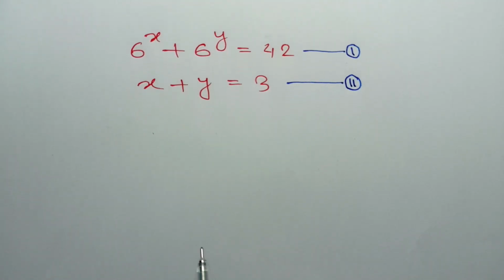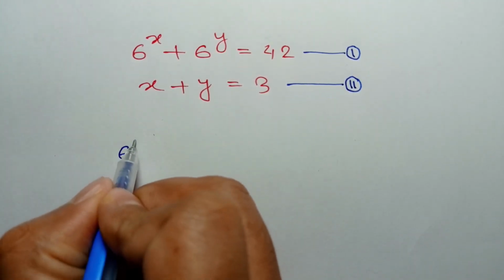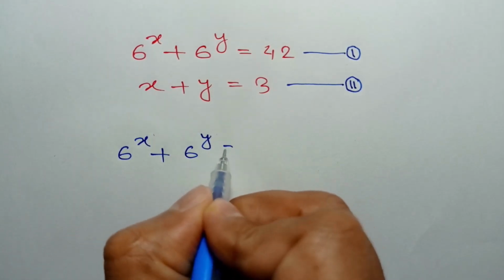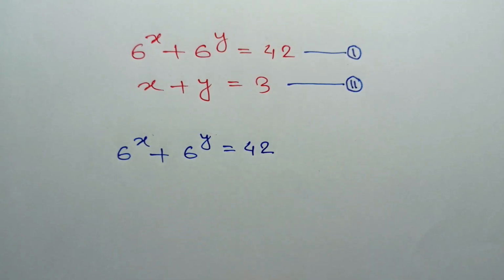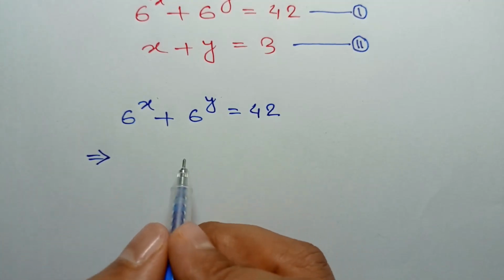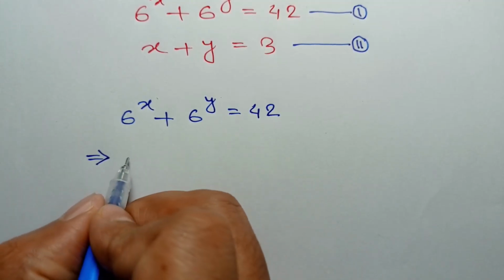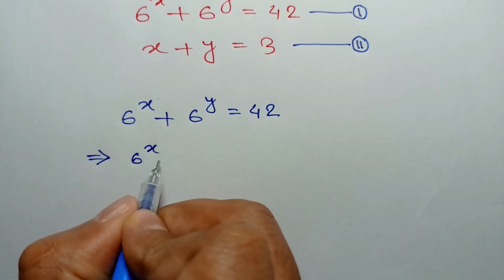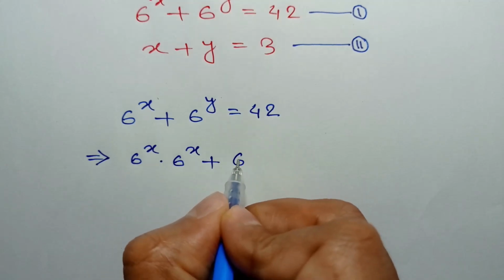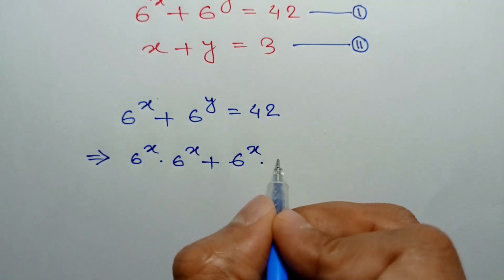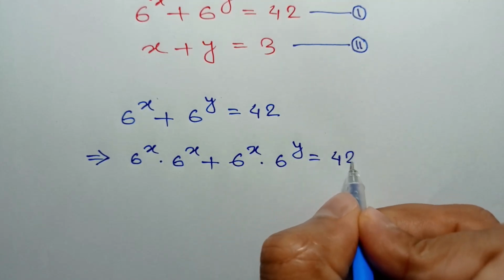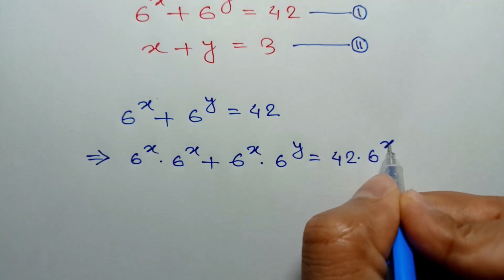Now from equation 1 we can write 6 to the power x plus 6 to the power y is equal to 42, or multiplying both sides by 6 to the power x we can write 6 to the power x times 6 to the power x plus 6 to the power x times 6 to the power y is equal to 42 times 6 to the power x,